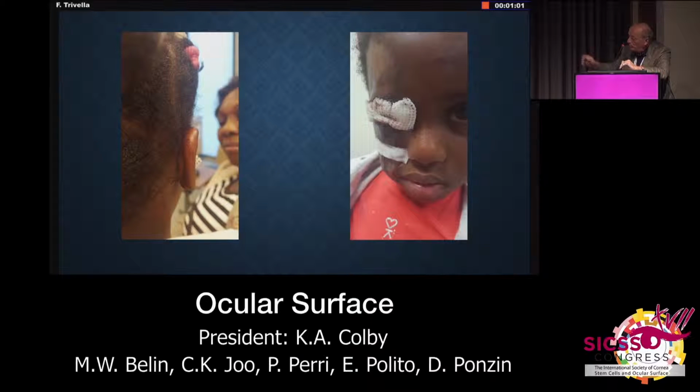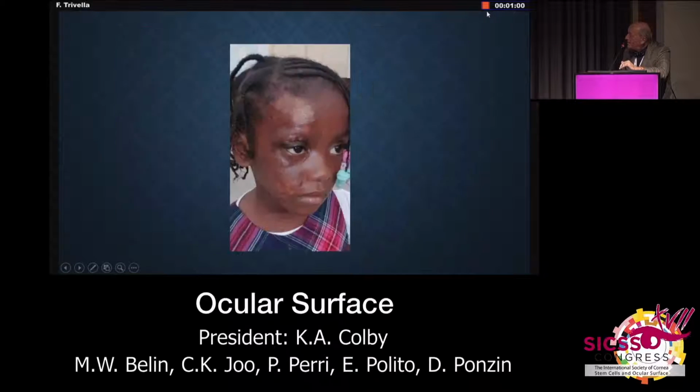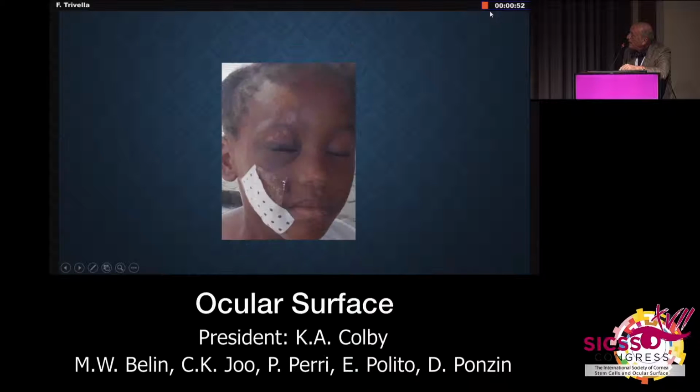The Bourdonnais on the eyelid and the first suture, and after 6 months, this is the child who came from Congo, and this is the outcome with the eyelids open and